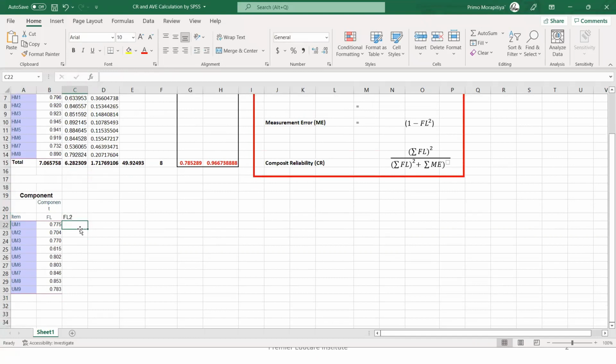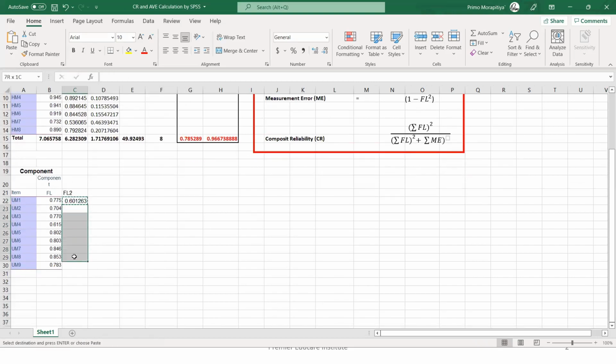Or otherwise you can get it by using a calculator. Go there, use the multiplication mark and multiply by the same value and you will get the squared value. Now just copy it and paste here. You get values for all the 9 items.